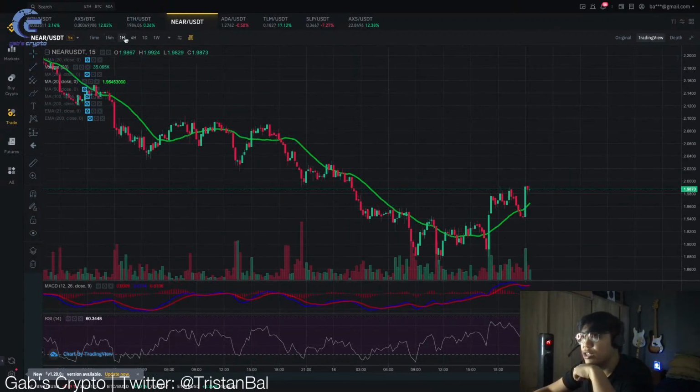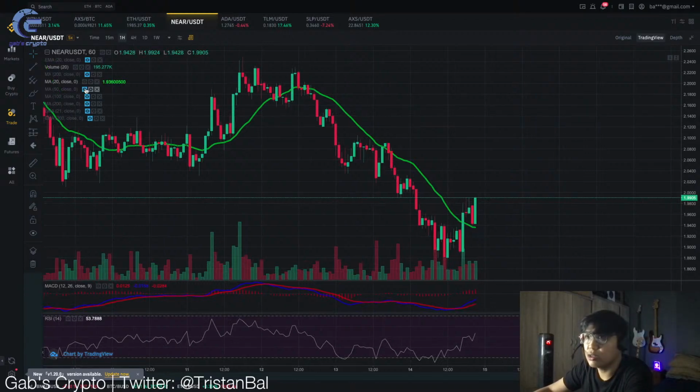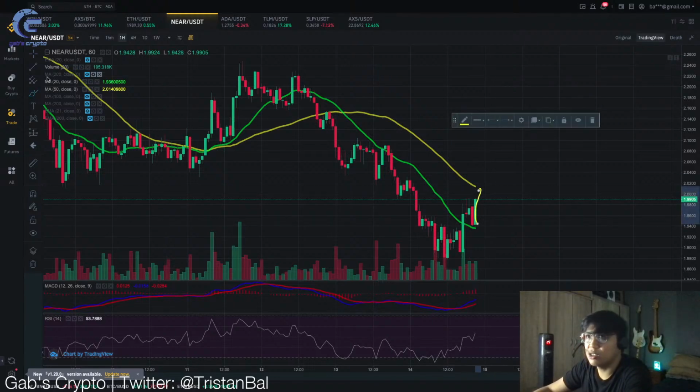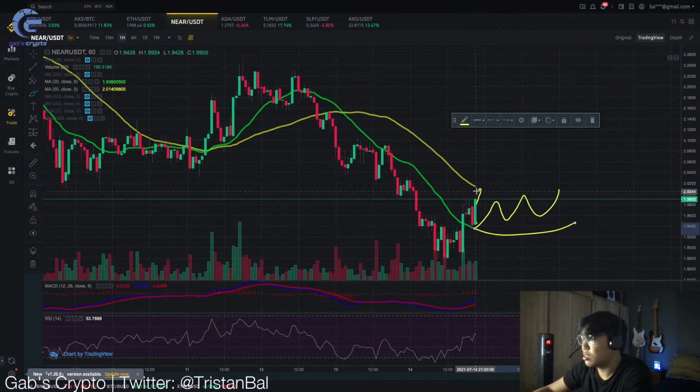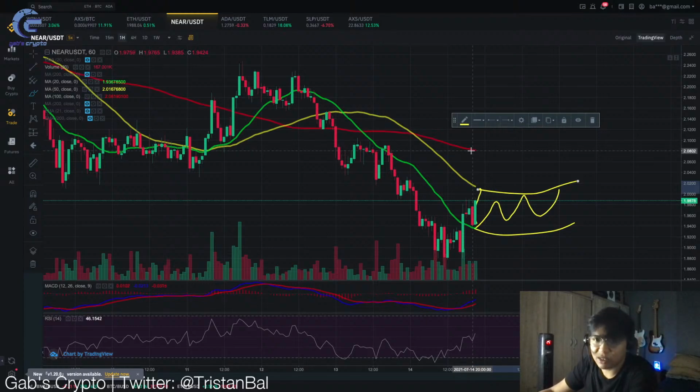So for Nearcoin, let's look at the hourly. So right now, we are breaking out. So of course, dependent siya kay Bitcoin kasi nag-pump si Bitcoin. Kaya nakita tayo ng pump kay Nearcoin. And right now, ang next target niya actually is the 50 moving average. So pwede pa mag-pump palalo si Nearcoin up to the 50 moving average. And possible na mag-play out siya within this moving average. If na-break natin to, makita tayo ng 100 moving average target.